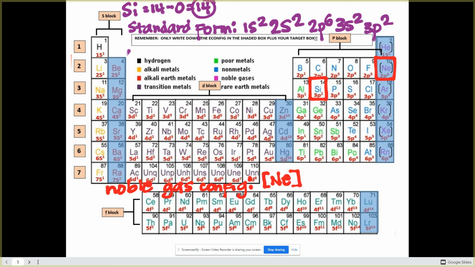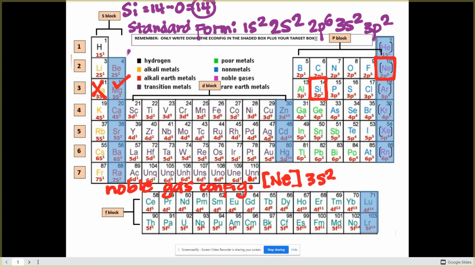So we wrote down already box number 10, continue on to box number 11, and follow exactly the same rule as before. You only write down shaded boxes plus your target box. So box number 11 is shaded? No. Box number 12 is shaded? Yes. Okay. So this will be